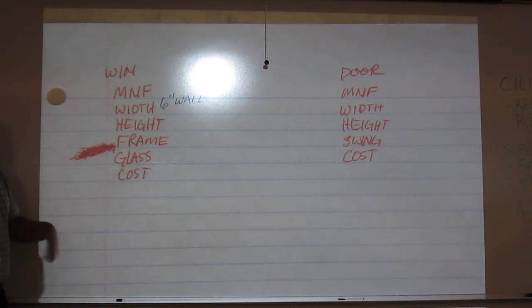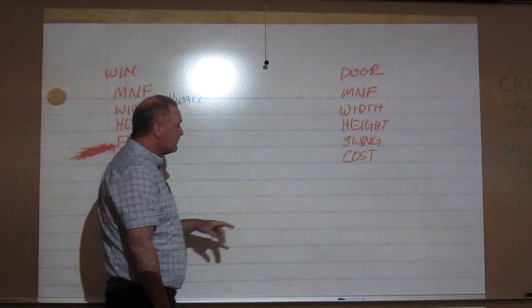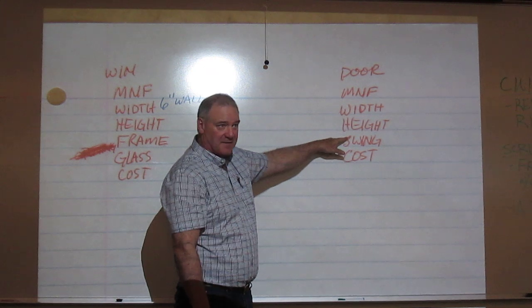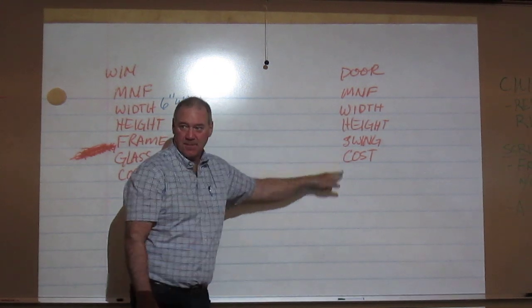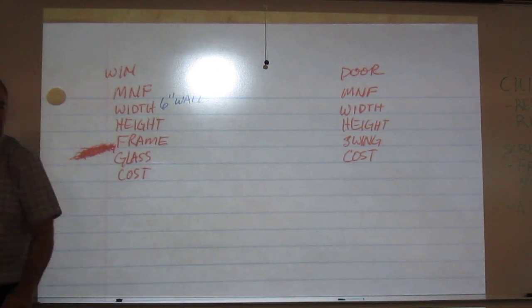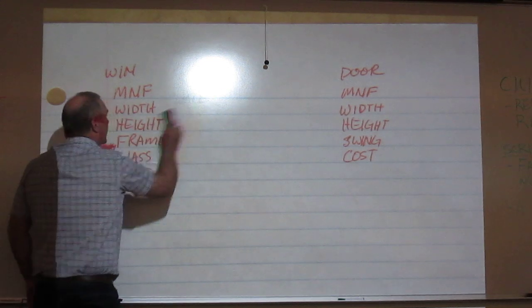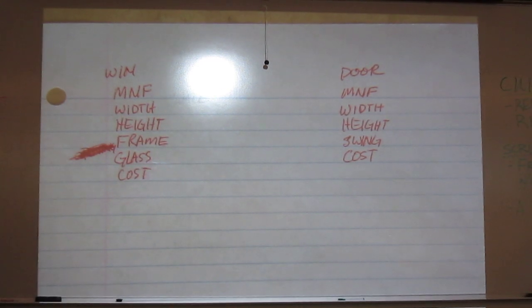So in essence, we went to Andersen Windows or Pella Windows, and we called them and said, hey, what's this size of window cost? So we're going to do that. When we do the door, we're going to do the same thing, manufacturer, width, height. This one we're going to add swing, and then the cost. So these are the types of information we can add. And we can put whatever we wish here. We could just attach cost if that's all we are interested in, whatever we need. Okay.